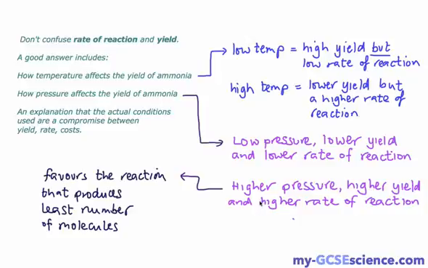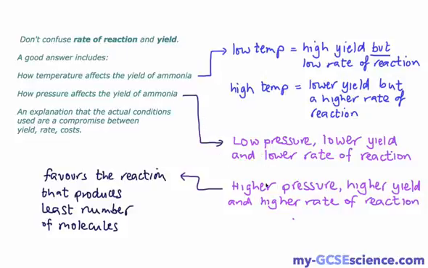And one thing I would say is that if this question comes up, this question is notorious for students writing lots and lots of stuff but actually not getting to the point and therefore missing out on marks. What I would say to you is if it comes up as a big question or a 6-mark question, you separate out into temperature, how that affects it, and those are the points in blue, how the pressure affects the yield of ammonia,